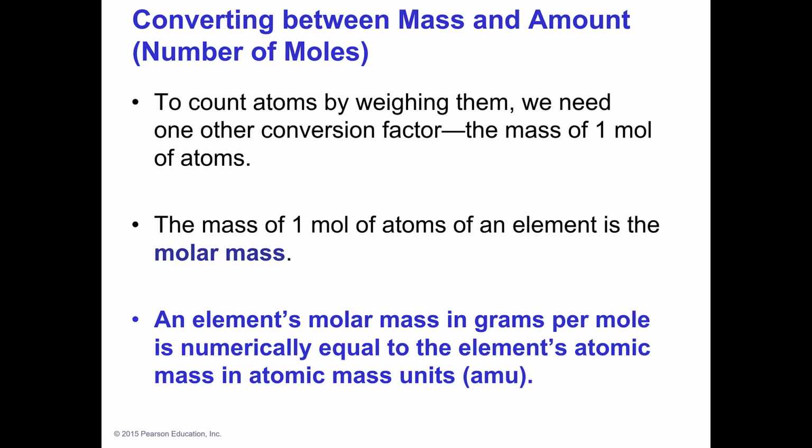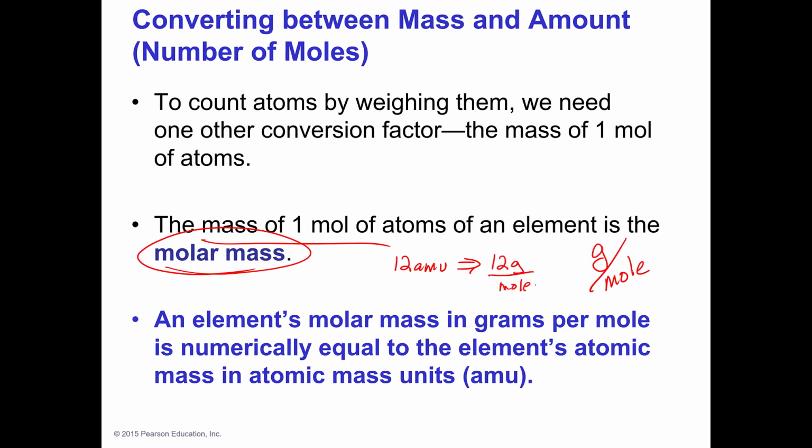So I mentioned earlier that Avogadro allowed us to go from the tiny world of the AMU to the real world that we live in, the gram. By saying that, what we've said is that the mass of a mole of atoms is the molar mass of that element. It's the molar mass, in grams per mole, and it's numerically equal to the AMUs. So if you have 12 AMUs, then in the world of the mole,